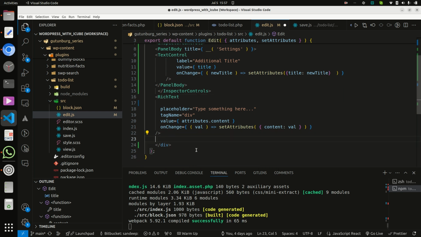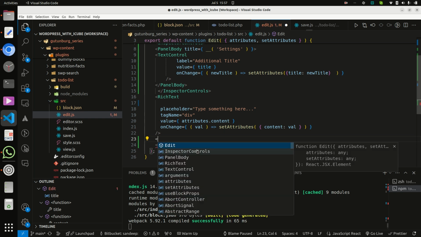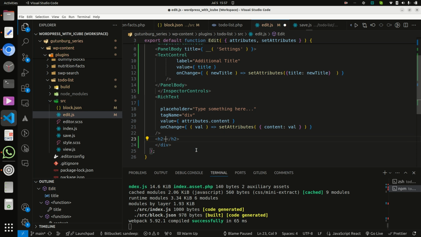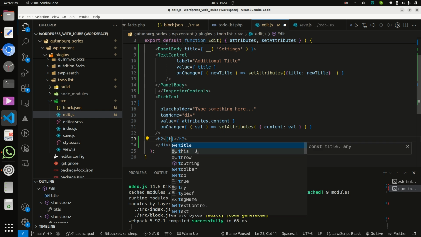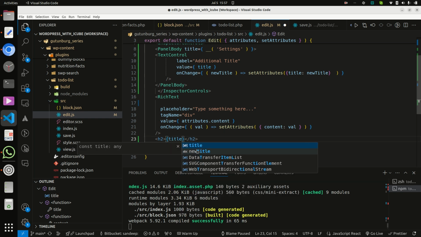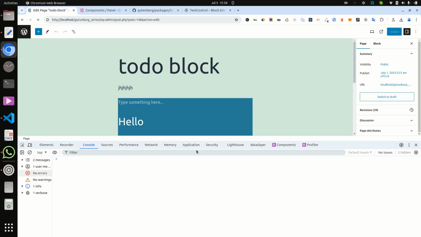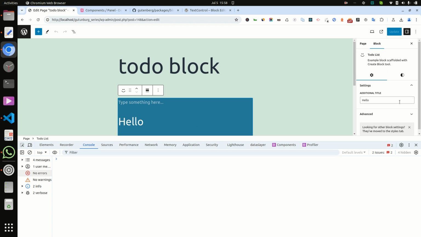Here, we can pass inside the S2 and just pass title here. So here it is showing: whenever we select and update, it is updating here also.